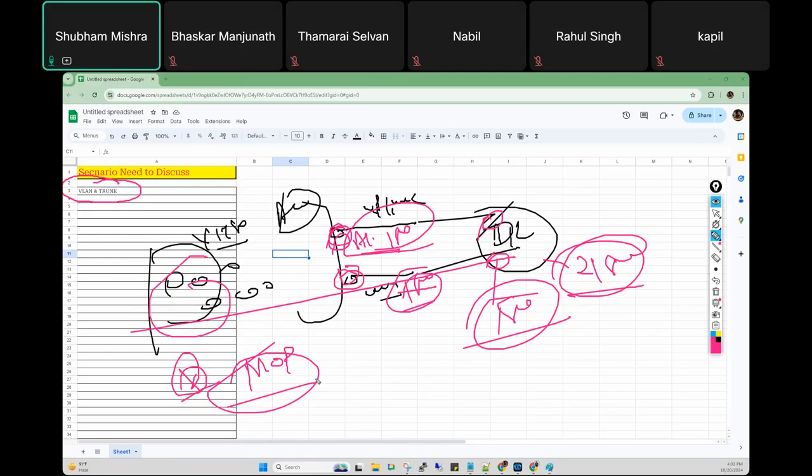Whenever you are going to configure anything, for example VLAN, trunk or anything, you need to create the MOP. MOP is an official document.